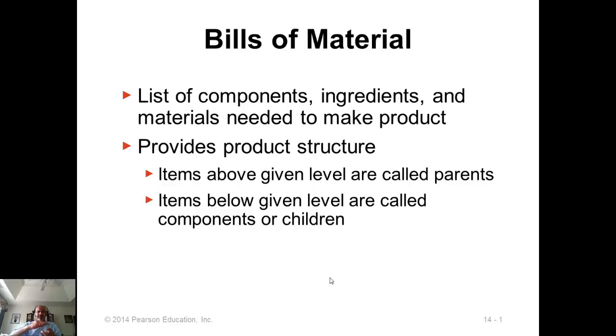So an item at a given level is called the parent for all the items below it, and the items below it are called children items for the parent. So you have parent and children all the way down from the top to bottom. So the product that sits at the top level, the final end item, will have only children items.